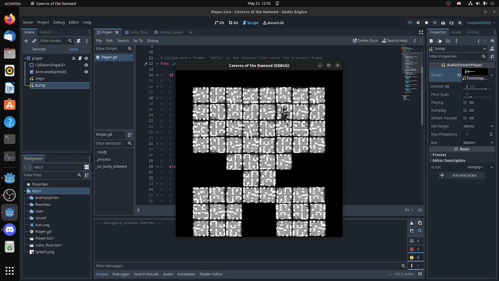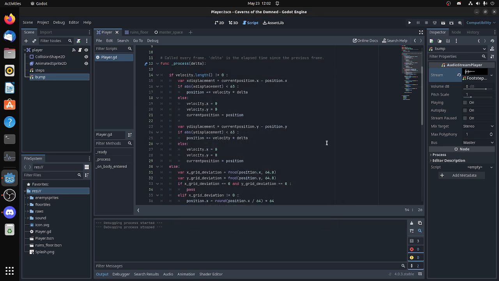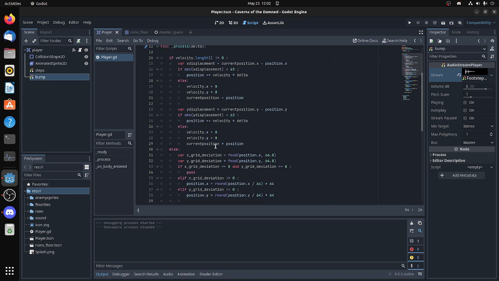I was able to bodge together a solution to my out of sync issue, my horizontal out of sync issue with my character position, but it's not fixed. But what I've done has actually become rather more robust. So that's the basic behavior that I've got. But what you can see is